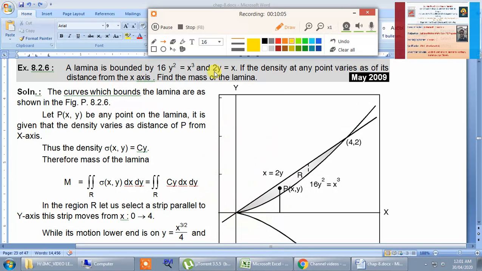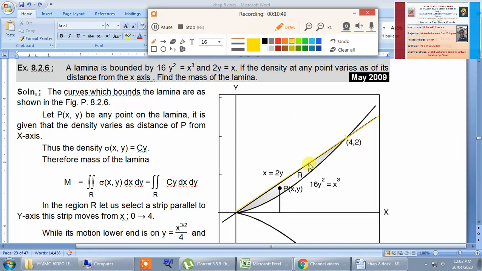The second curve, 2y equal to x, that is y is equal to 1 by 2 x, is passing through origin, and it is below y equal to x. So it is having angle less than 45 degree, and that's why it is cutting this curve at 2 points. One is at origin and the second one we can find by solving these two. You put x equal to 2y here, which gives 8 y cube. After cancellation we get the points of intersection (0, 0) and (4, 2).